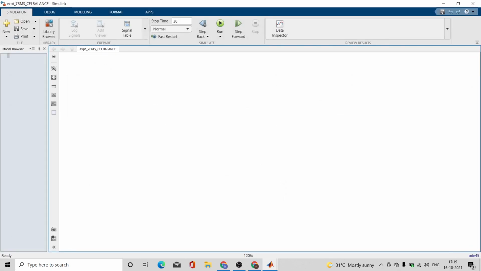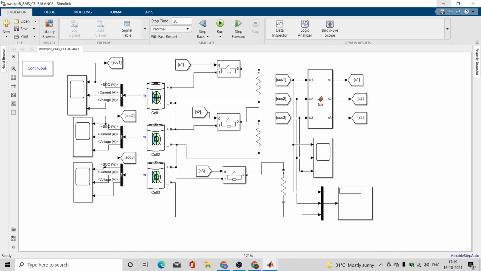So what we have done up till now, let me close this. In the previous part, we have taken the three cells, and through a bus selector we have taken the SOC, current and voltage of all three cells. Then we have connected the switch, an ideal switch, and a bleeding resistor across each and every cell.